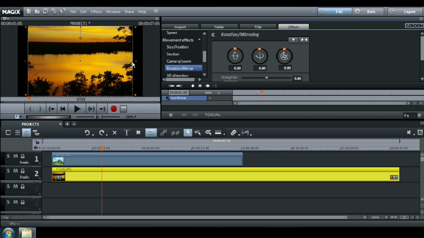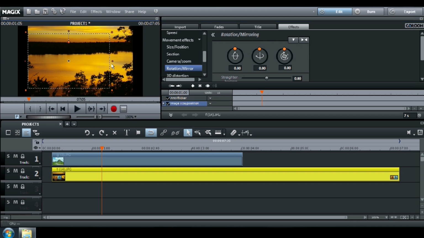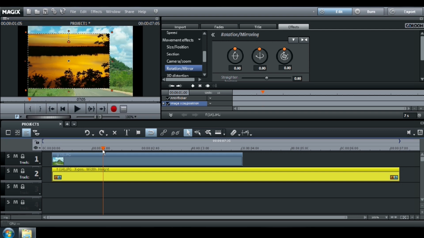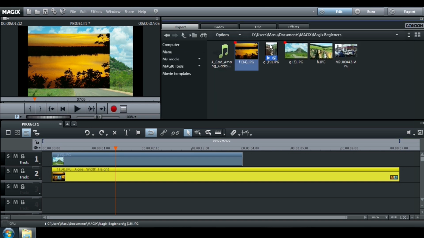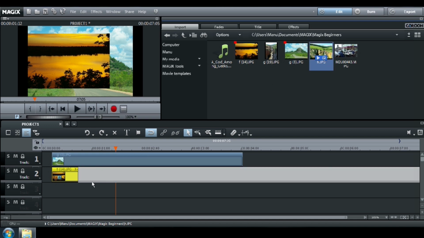Resizing the picture of the river makes it more obvious. With the third picture on track 3, the others are hidden behind.